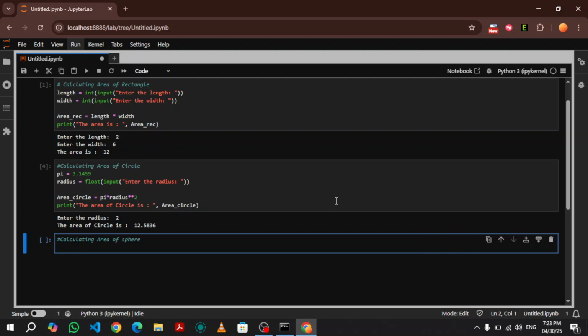It is actually calculated in three ways, and I mentioned two ways here. Let's see how to calculate the area of a sphere in terms of radius. So the formula is